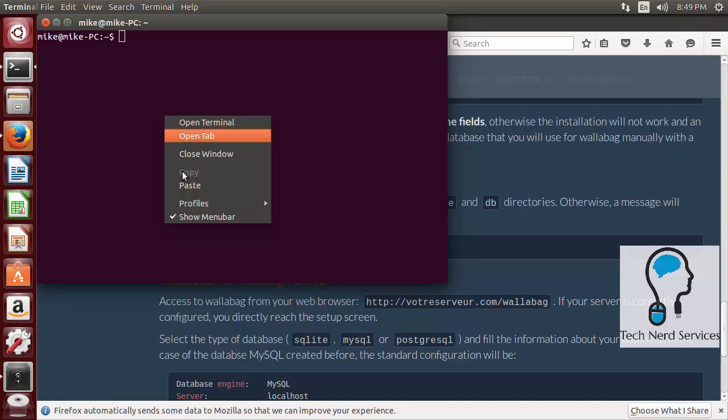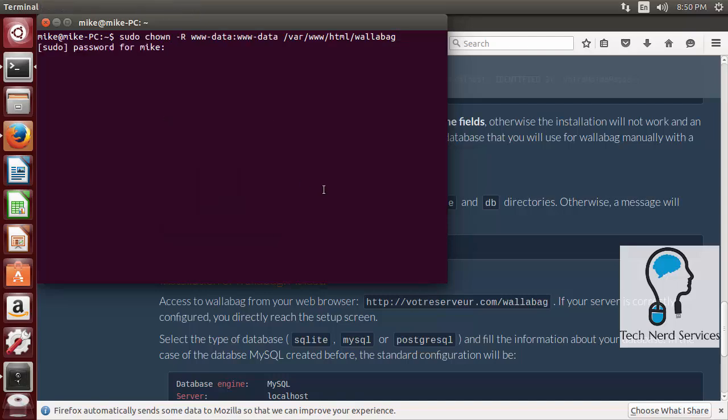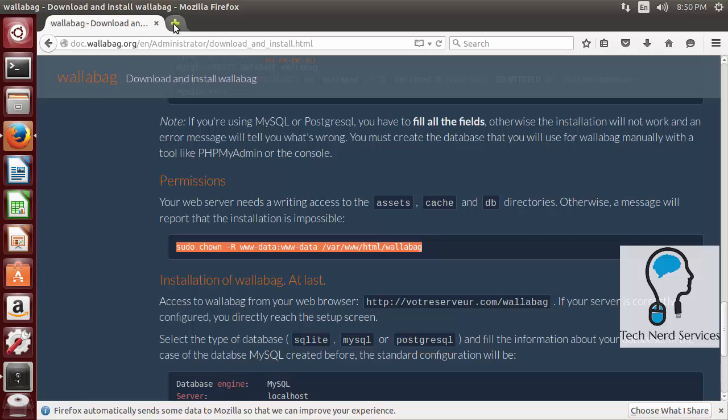We open it, we paste it in, and then we do have to do our administrative password one more time, and then we are ready to go with Wallabag. So now this is done, we can go ahead, close terminal for the last time, open a brand new tab,